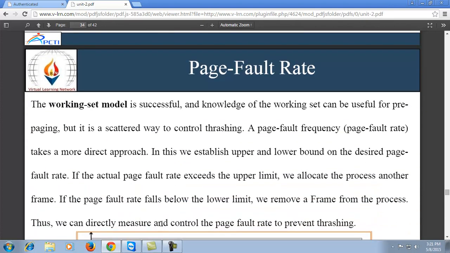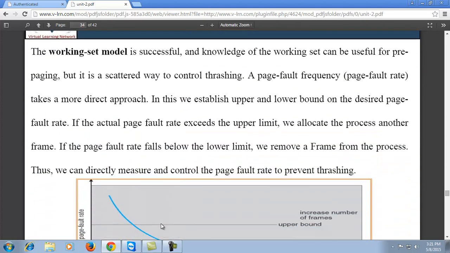What is page fault rate? The working set model is successful, and knowledge of the working set can be useful for pre-paging. Pre-paging means that content which is required in the future should be pre-planned and prepared before its requirement. A page fault frequency